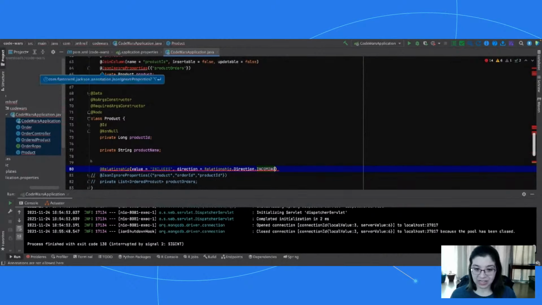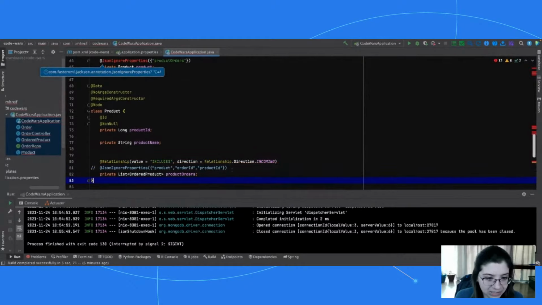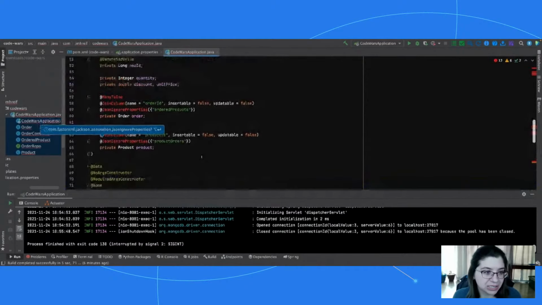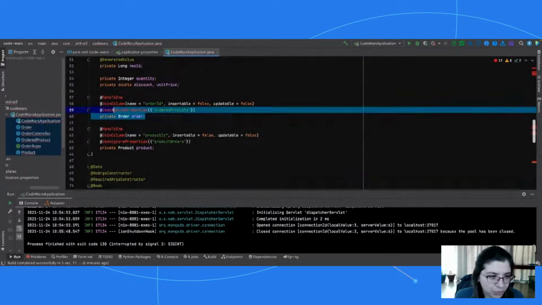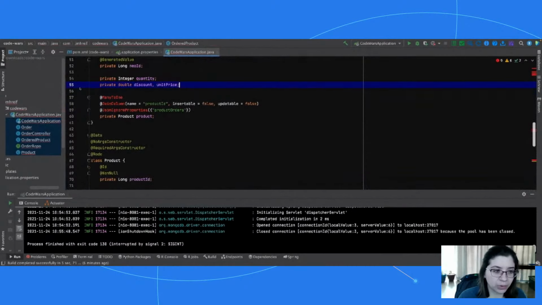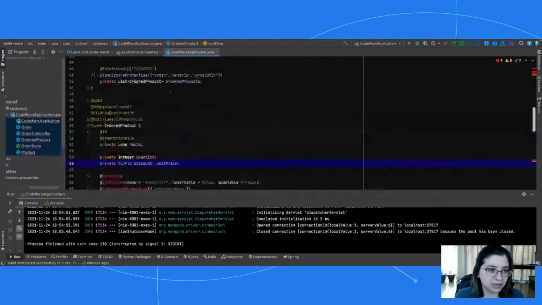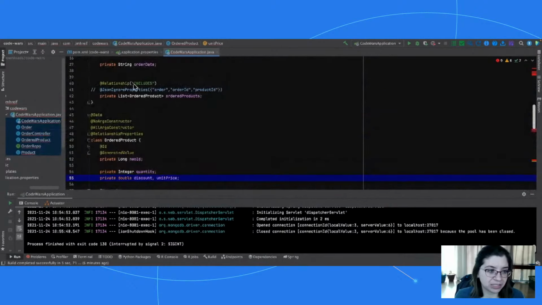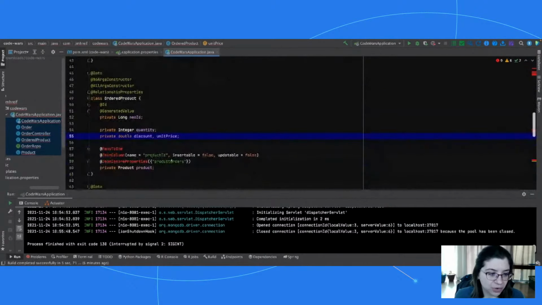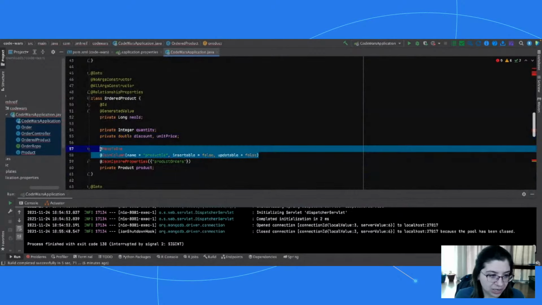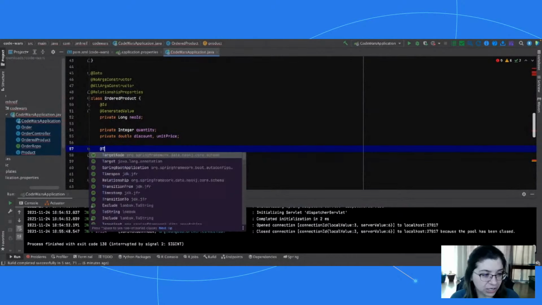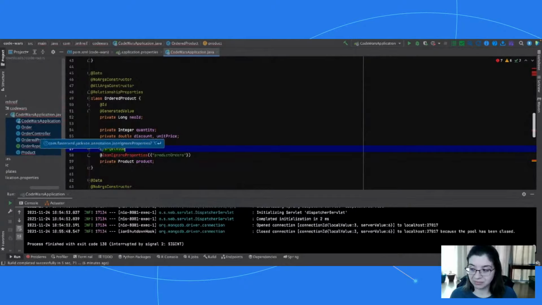So we need to specify on the product side of things that the direction is coming to product, so it's incoming. And then here we can uncomment that, and we'll get back to that in a minute. Now, we don't need to specify order because we've already tied order to the relationship via this annotation here in the order class. So what I actually need to do is say, okay, we have a target node. Where is this relationship going?